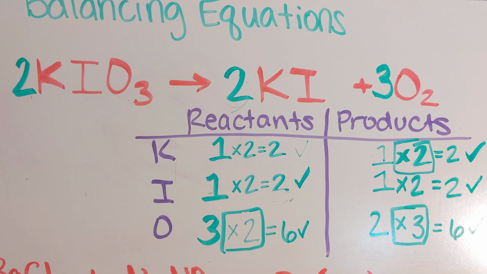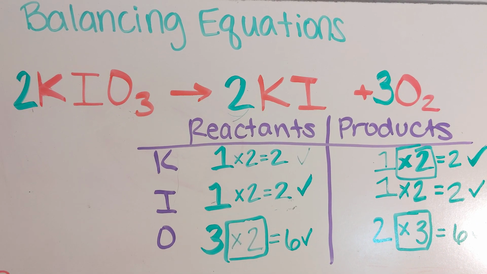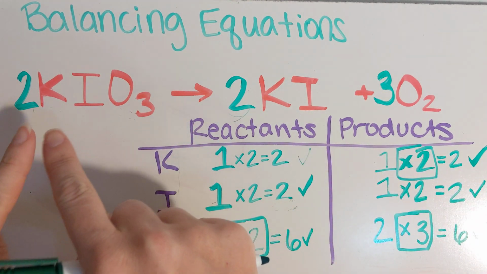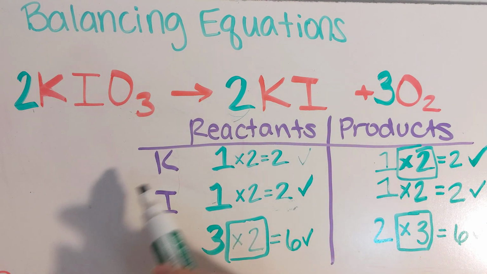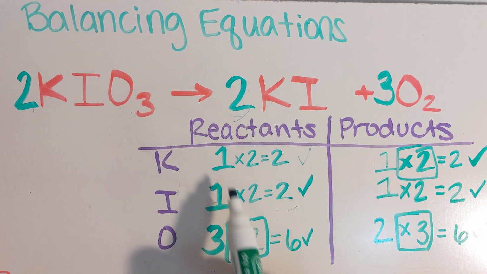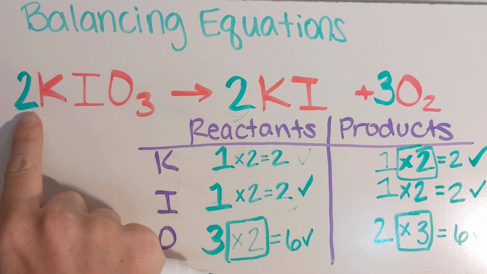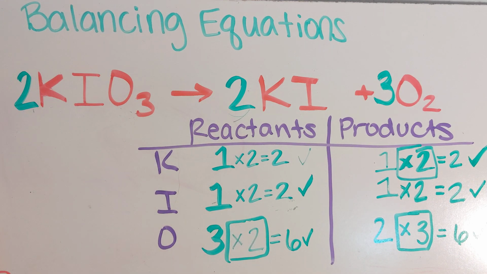So I'm done. Okay? Now they normally don't take this long. You are going to get to a point where you don't even need this table. You just kind of check back and forth, 2 Ks, 2 Ks, and it goes a lot faster. Okay, but for now, take your time and check everything. And be wary of, if I change one thing, it affects everything in the compound. Okay,